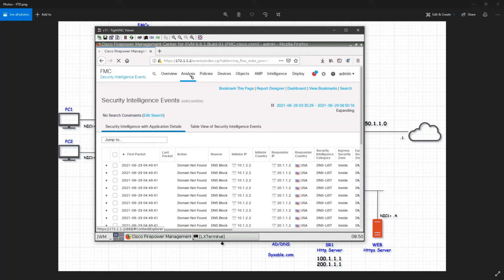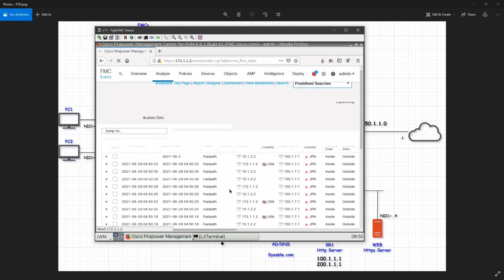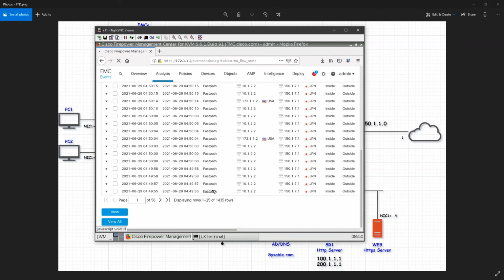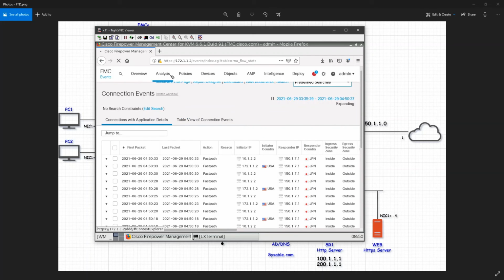And if we go to analysis and events, we should see all the events over there, like Microsoft.com also, which we have recently connected. You see the connection events, I think it's on page number 58, so I will leave that one. So I'll go to analysis and I can go to the security intelligence.